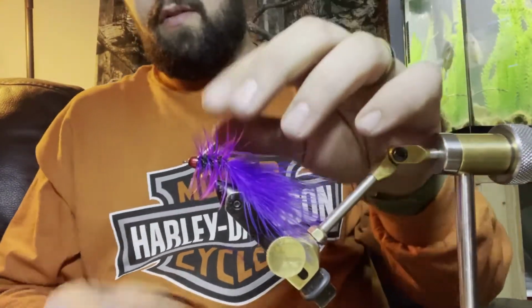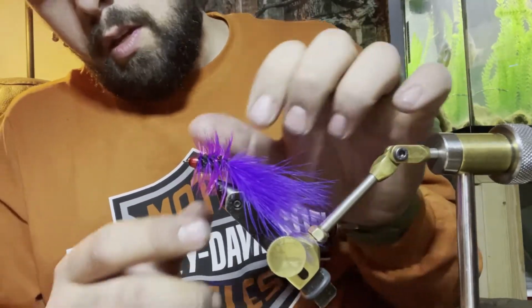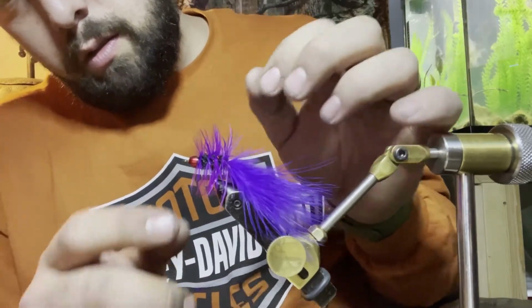And that right there is how you tie a woolly bugger. We get these all nice and